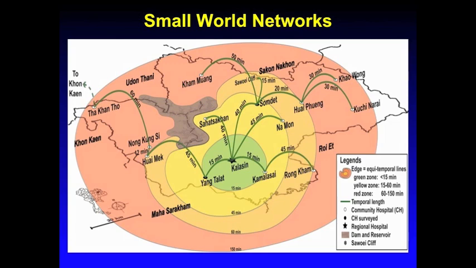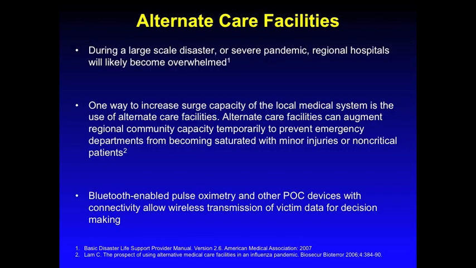The same can be said about mass casualty events here in the U.S. During a large-scale disaster or mass casualty event, or severe pandemic, regional hospitals will likely become overwhelmed. One way to increase surge capacity of the local medical system is to use alternate care facilities. Alternate care facilities can augment the regional community capacity temporarily to prevent emergency departments from becoming saturated with minor injuries